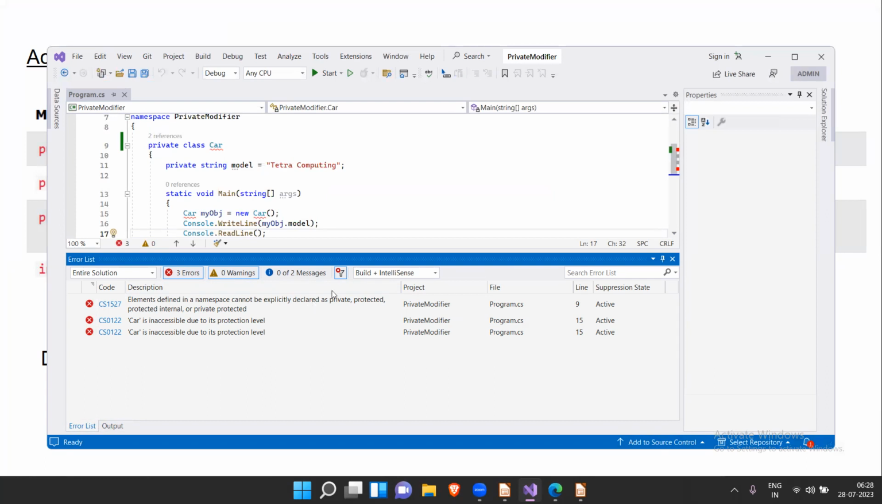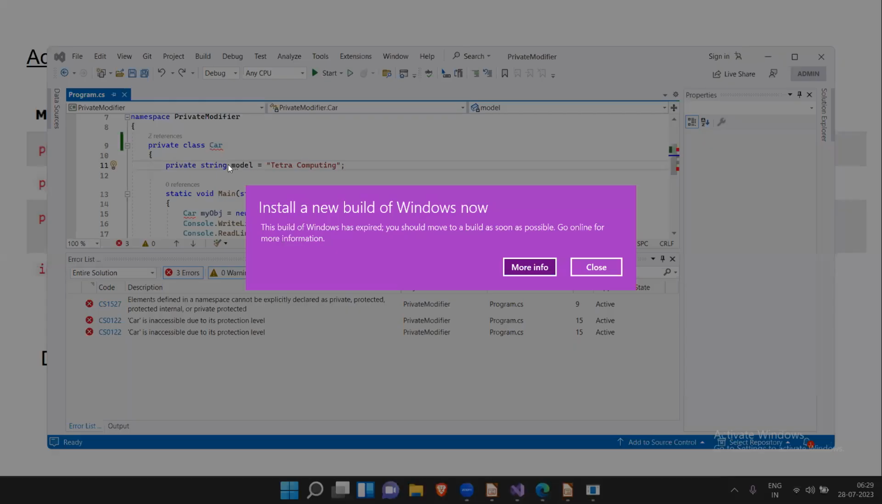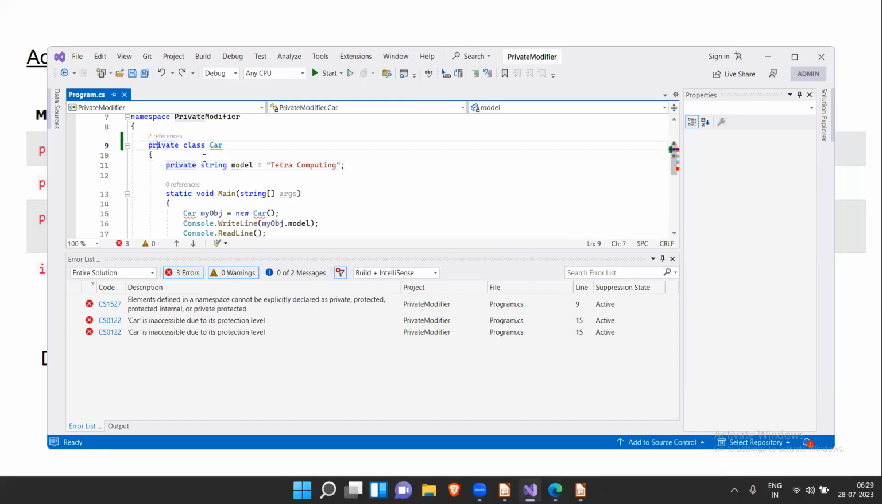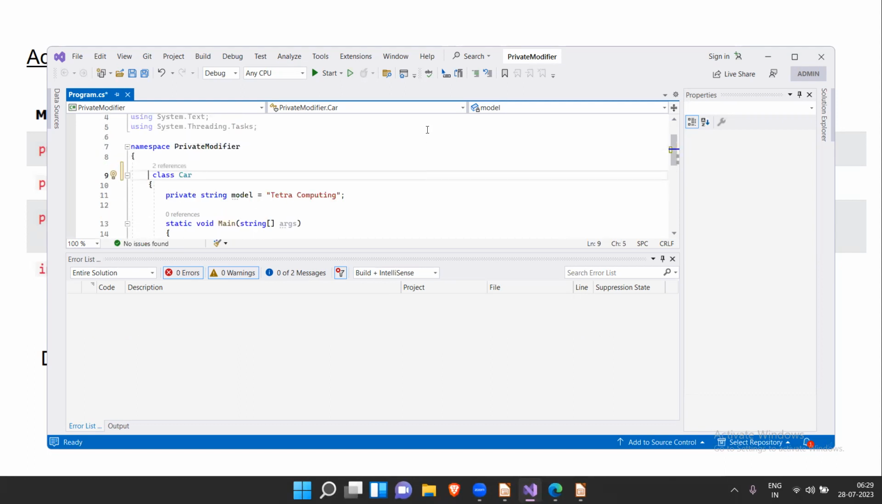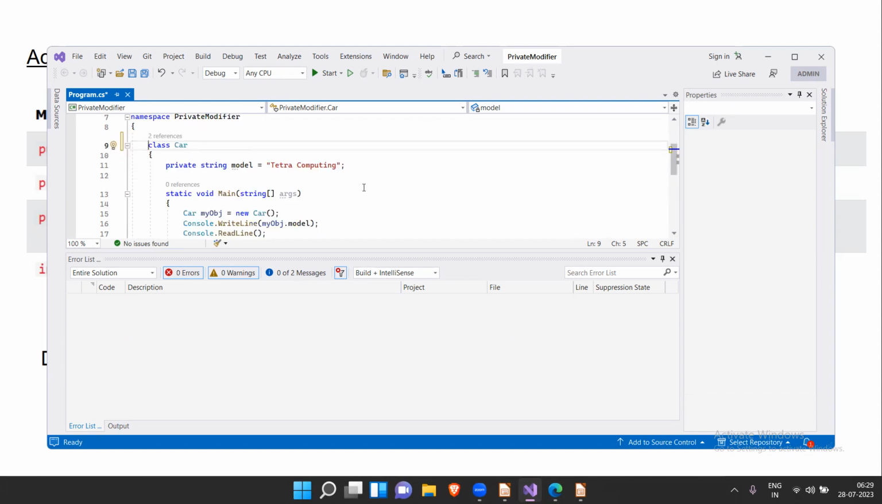Class car cannot be explicitly declared as private, protected, protected internal, and private. I'm not sure why it says like that. Basically, it is saying that we should not declare this as private. Okay, so I will probably come back to this, but what I'm trying to explain is